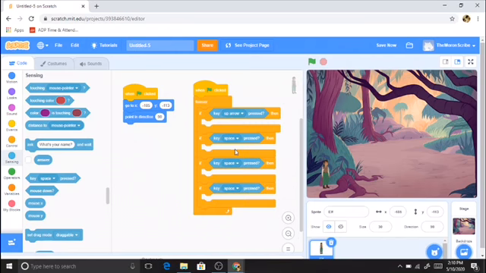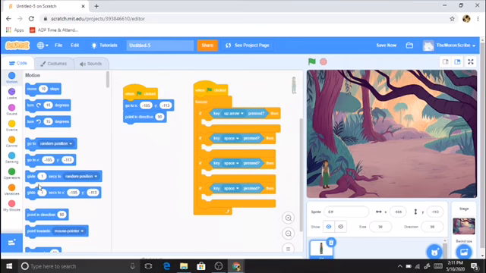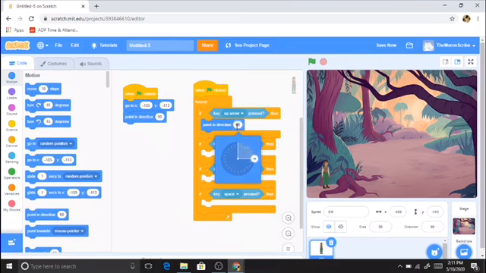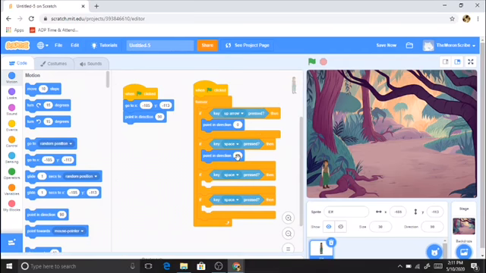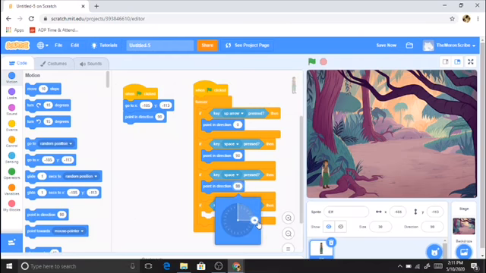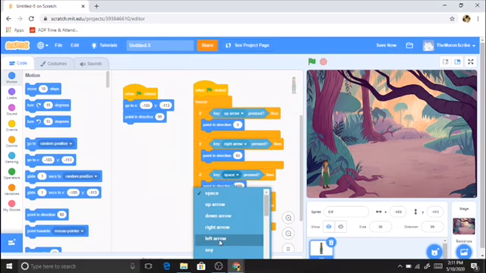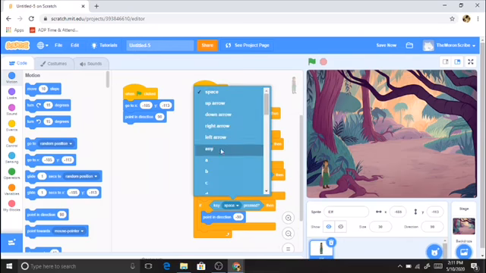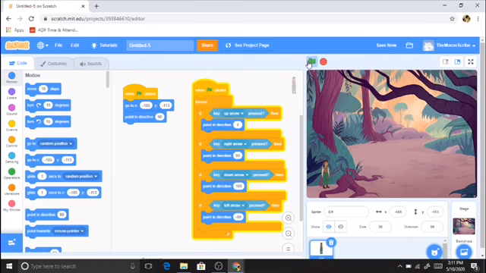You'll see an option on the drop-down menu for all 4 of the arrow keys, and you'll see the point in direction command under motion, and that's what you're going to use to coordinate with the keys. See, you can adjust the angle, and the arrow in the little picture there will match the arrow of the key that it's controlling. So it'll say if right key pressed, point in direction 90 degrees, and so on and so forth. Press the green flag and give it a little try,